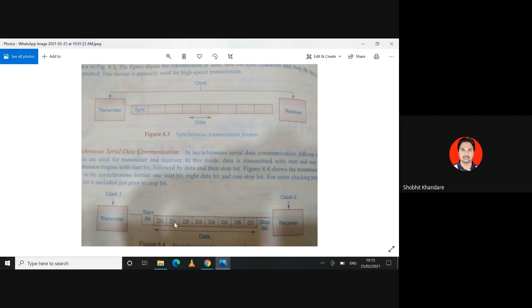Parity bit means that if I have zeros and ones, and when I am sending, the total number of ones is, suppose, even, then I will send the parity bit accordingly, so that the receiver will know that the parity bit says there is an even number of ones. And during transmission, if instead of an even number, an odd number of ones arrives, the receiver will understand that there is some problem, the data is manipulated, and there is an error which has been introduced. So what I meant to say is that along with the start bit and stop bit, before the stop bit there can be one error checking bit, which is called a parity bit. So this is a diagram to explain the asynchronous transmission, and this is the format of asynchronous transmission.